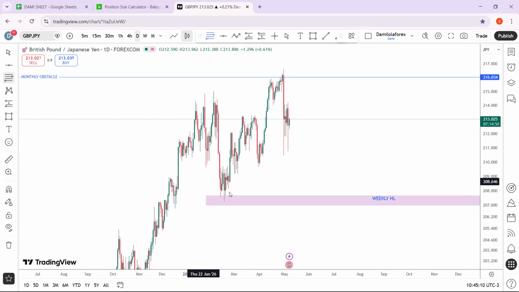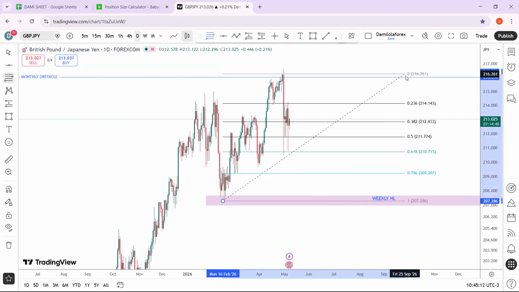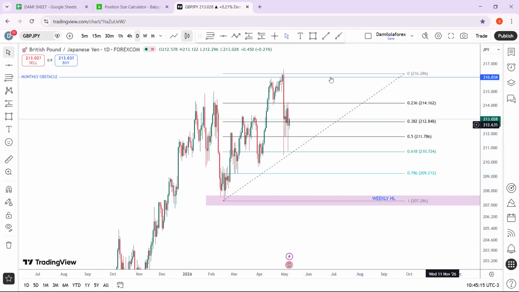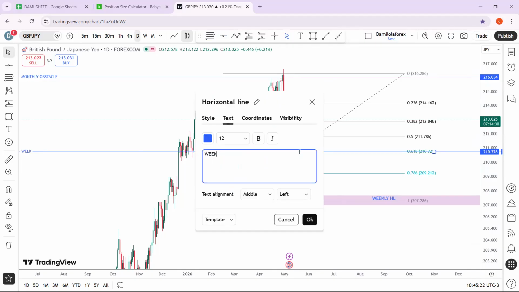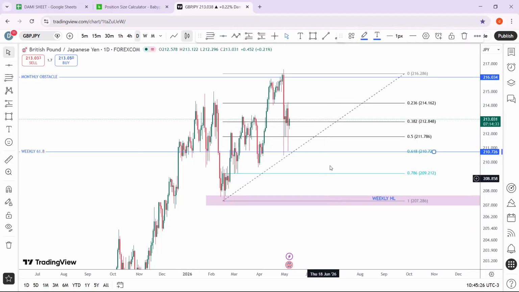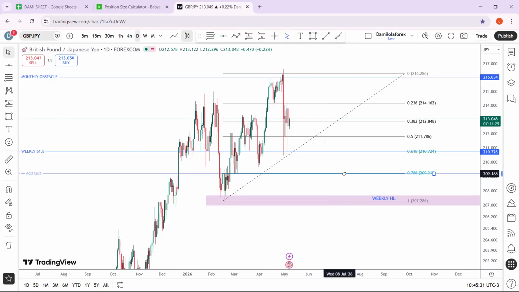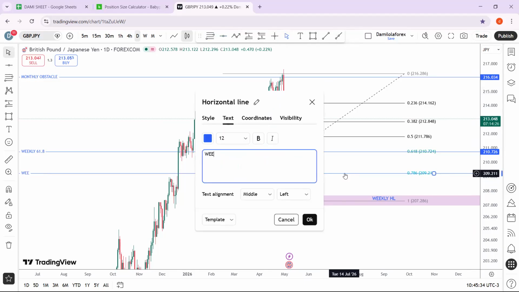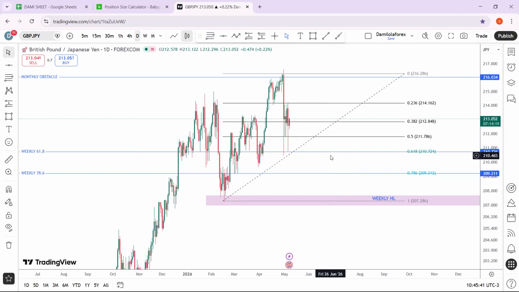Okay, so now if I bring up my Fibonacci from the weekly higher low right here and stretch it to the high, one thing that I can see is that price originally rejected the weekly 61.8. Okay, so here is the weekly 61.8 level. However, price never got to the weekly 78.6. So for price to hit the weekly 61.8 but not touch the weekly 78.6, it means that there's